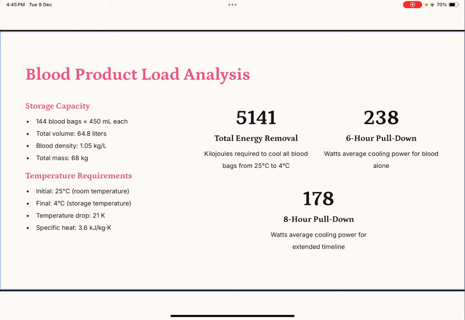Now this was for the pull down, but there is also something called the steady state load. You understand that blood, when it is brought to the blood bank refrigerator, is at ambient temperature, let us say 25 degrees centigrade, and it has to be brought down to a storage temperature, let us say 4 degrees centigrade. So that is a pull down. But once it is brought down to 4 degrees centigrade, we might require to store it for hours together, right? That storing period, if you continue to store it for hours together, is called a steady